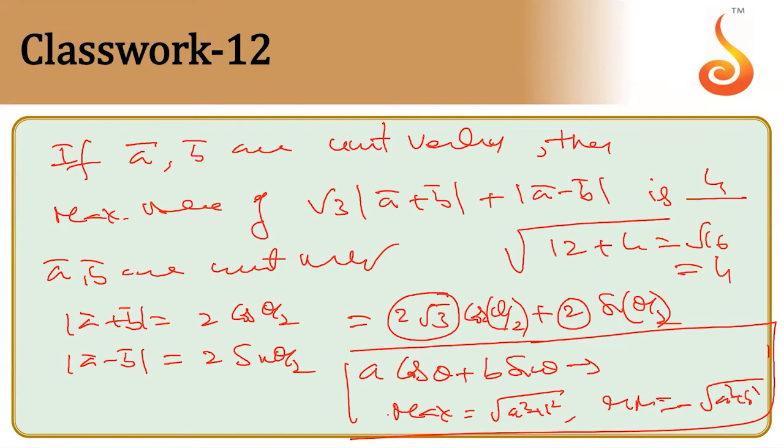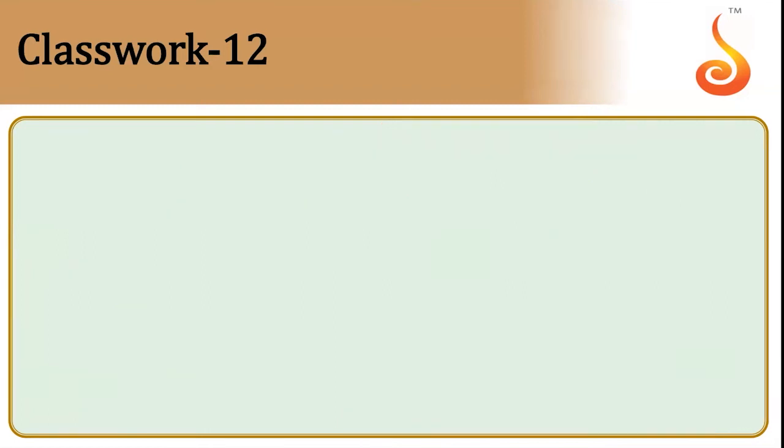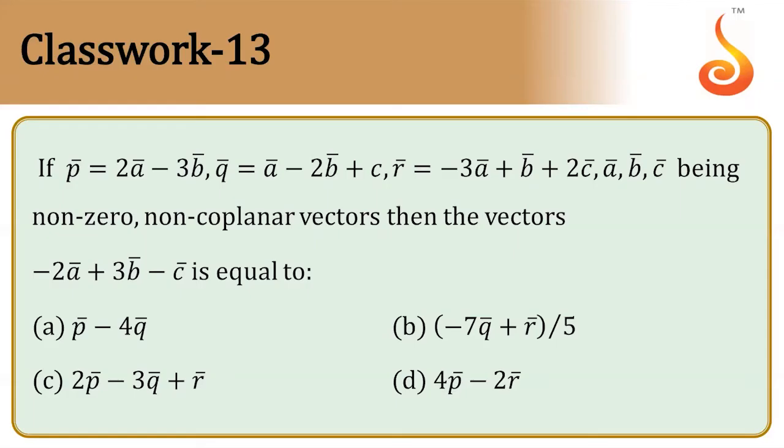Okay. So look at the questions. They are not asking very tough questions, simple questions only. Clear? That is one question which I asked. Because we already did this question, that's why I removed it. Next question. You can apply verification only here. P, Q, R are given, then this value in terms of these values. Just look at the options, which option is matching with this one.